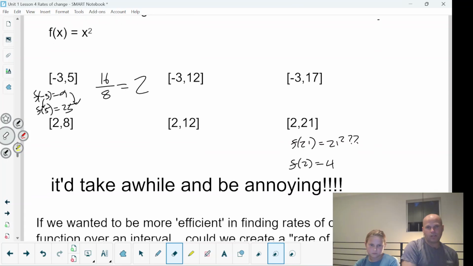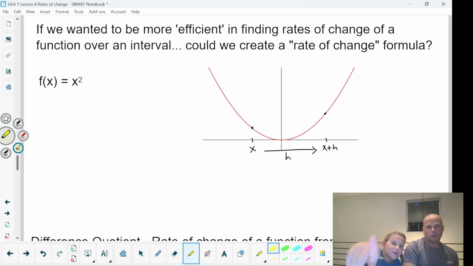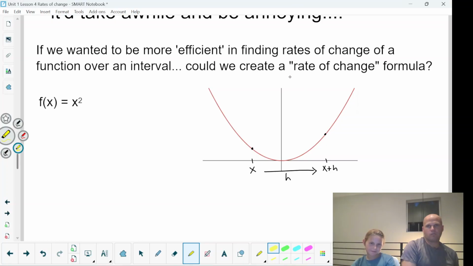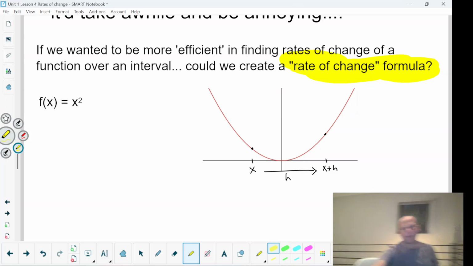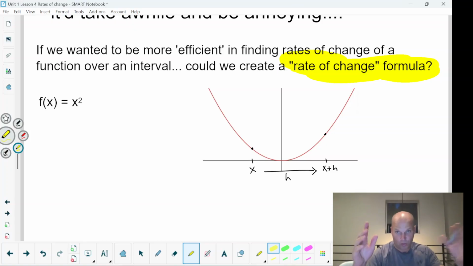Well, we are going to investigate. It can take a while, and be annoying. We're going to investigate the creation of a rate of change formula. And here's what we got. We got x squared, and I'm going to be a little bit more theoretical. I'm going to say we are